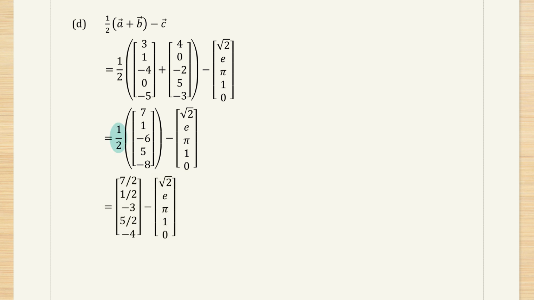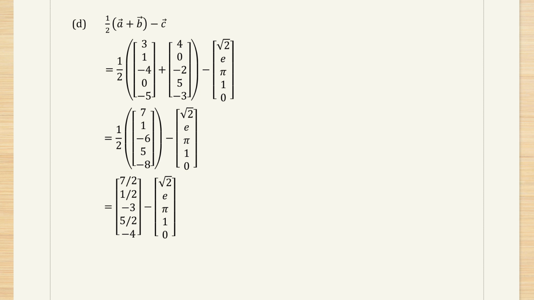Multiplying the vector by half now, half of 7 is 7 over 2. Half of 1 is half. Half of -6 is -3. Half of 5 is 5 over 2. Half of -8 is -4. This vector